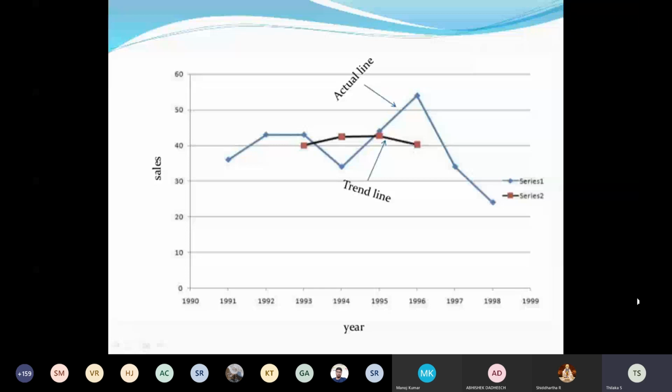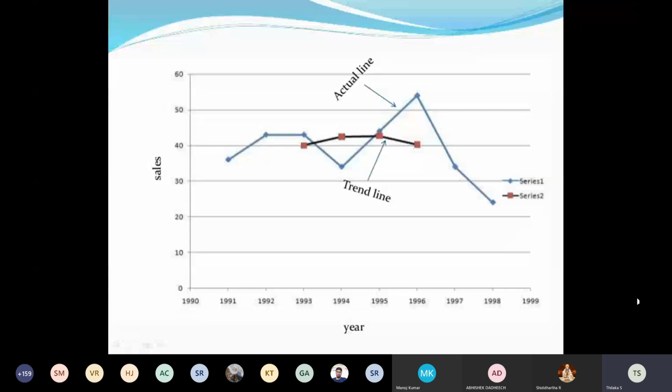and the line which joins these points, the trend line, has more or less the same shape as the original data. Here the actual data slightly increases and comes down, showing a decreasing slope. Likewise, the trend line also slightly increases and slightly decreases from the maximum point. Likewise, you have to plot the averages which you found. Is it clear, guys? Yes, ma'am.